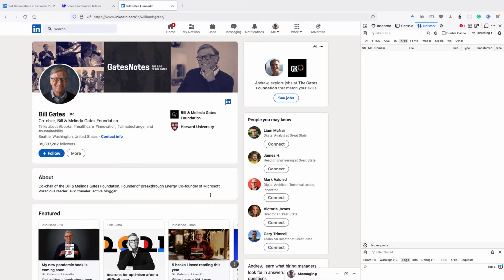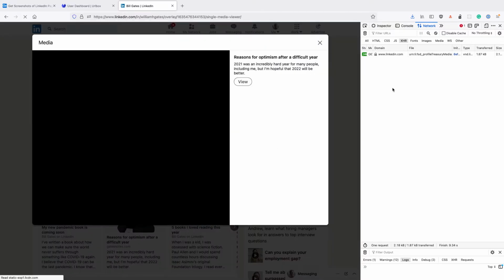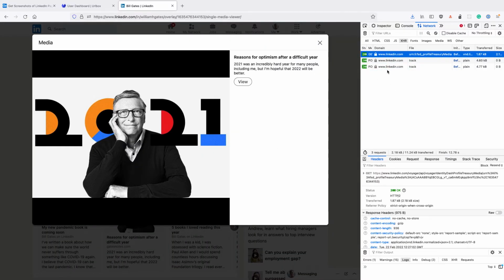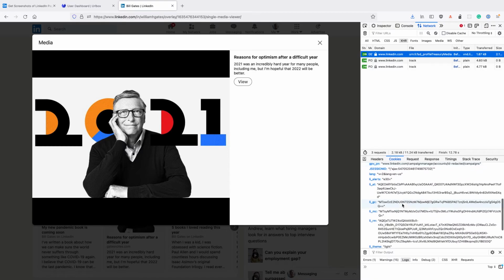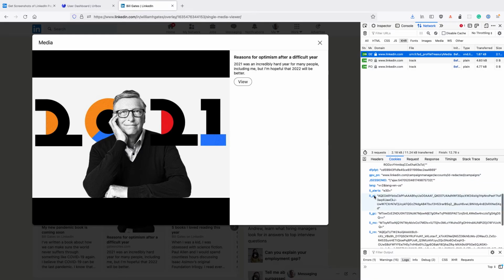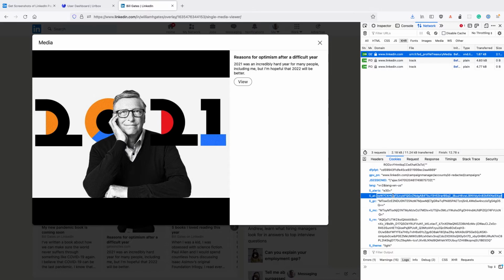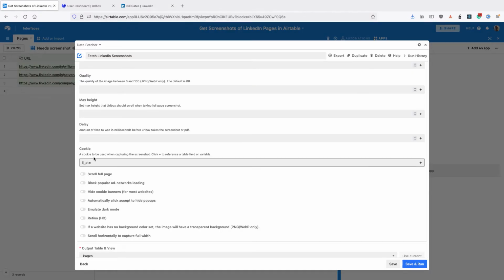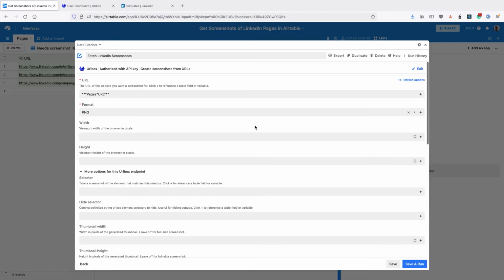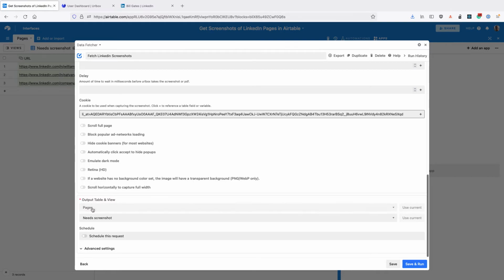and click somewhere on LinkedIn, and you should see a request happen in this network tab. Then click on cookies down here and find the cookie called li_at, this one here, and copy that value. And we want to paste that after the equal sign. So we want li_at equals and then that cookie value. And now when we create the screenshot through the URL box service, it's going to mimic a signed in user in LinkedIn. So then check the output table and view our pages and needs screenshot and click save and run